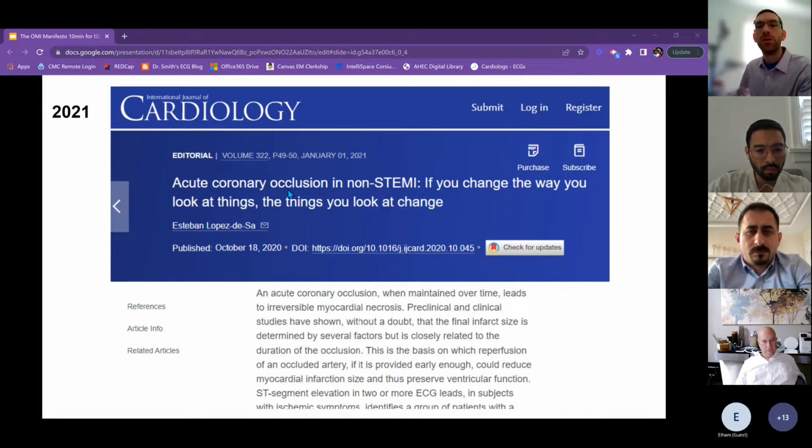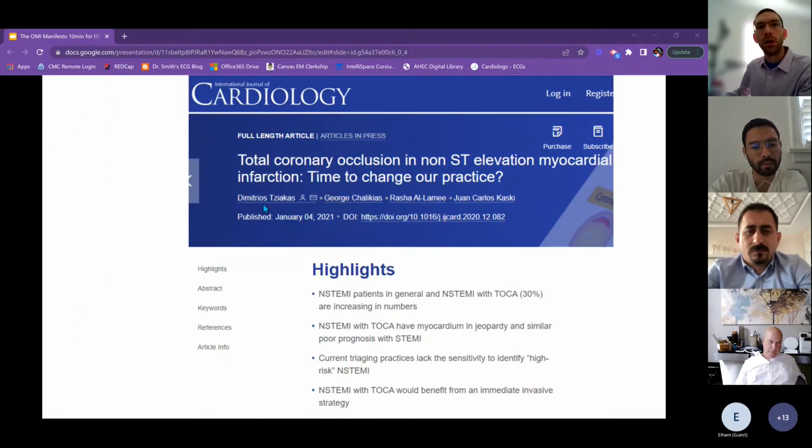So here are three studies published last year about OMI that are by independent interventional cardiology groups. This is an interventional cardiologist in Spain who published this in the IJC last year, acute coronary occlusion and non-STEMI. If you change the way you look at things, the things you look at change. Last year, a Greek group of interventionalists published total coronary occlusion and non-ST elevation myocardial infarction, time to change